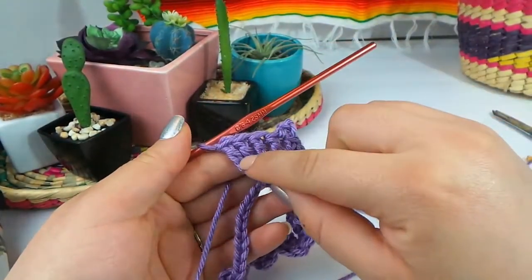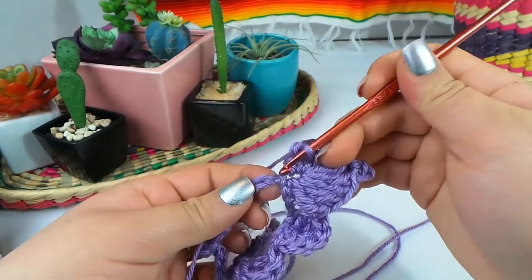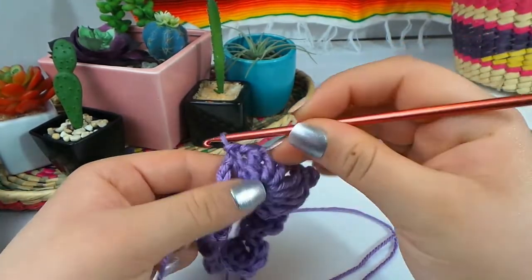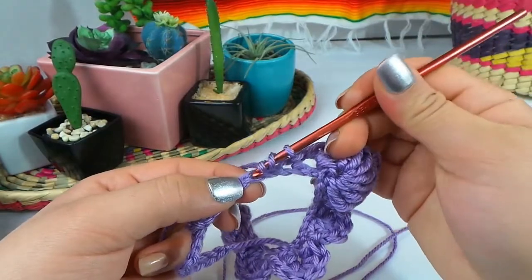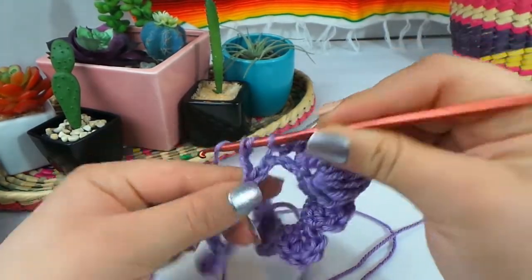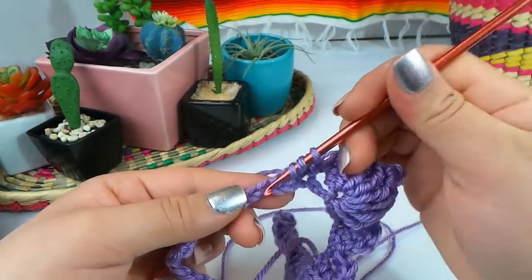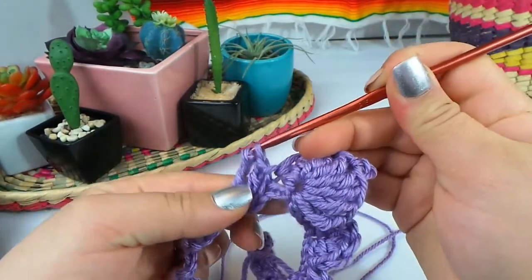Okay, so once you're done with the 4 treble crochets, then we are going to count 2, and then we are going to slip stitch to that 3rd stitch. Next, I'm going to skip 2 chains, go into that 3rd stitch, and we will begin our 2nd petal. And you will need a total of 3 large petals,